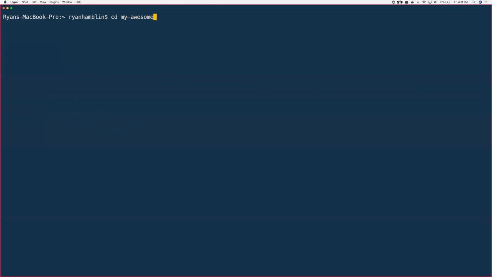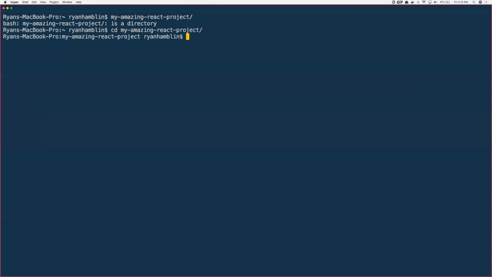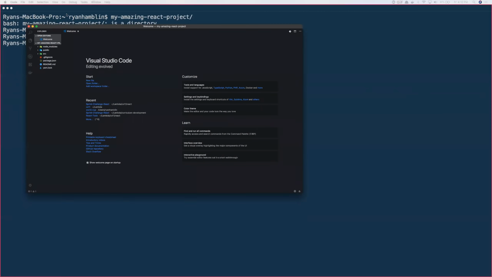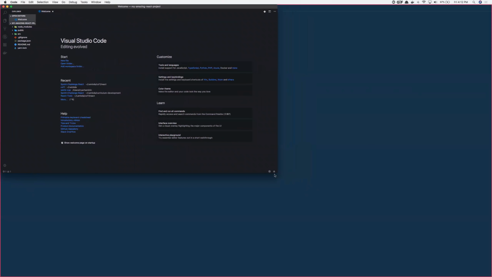I should be able to open up my awesome, what did I call it? Let's remember what I called it. My amazing React project, okay? So now we're going to cd into my amazing project, okay? And I'm just going to open it up in Visual Studio Code so we can see what's going on there. So now that I have it opened up,